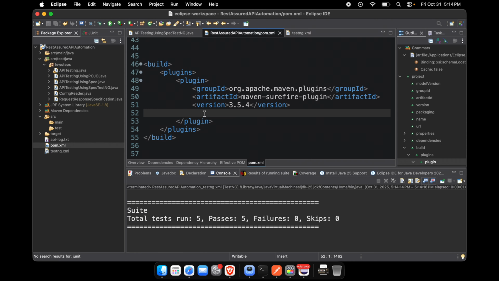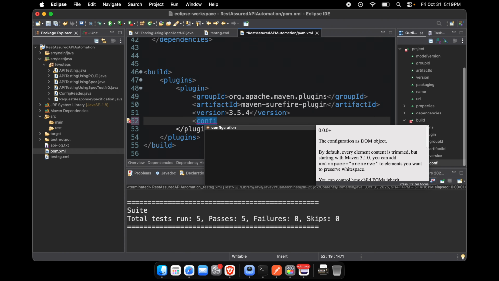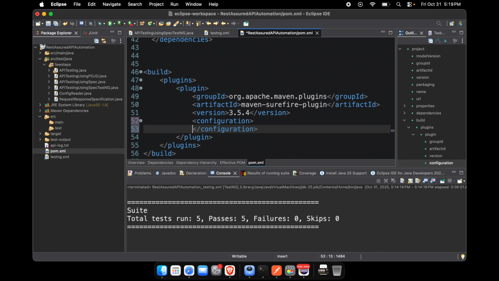So here we need to mention that we want to add this file as the runner, right? So this TestNG file will be used to test all the test cases. So here we need to add the configuration after the version. So I'm going to add the configuration here basically. Okay, so here is the configuration. So this is the configuration, and inside this configuration we just need to mention what we need to run,